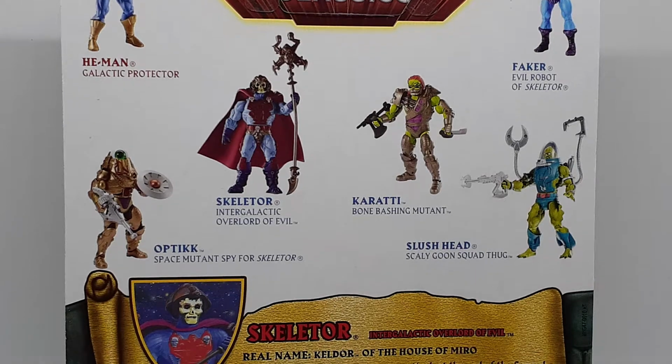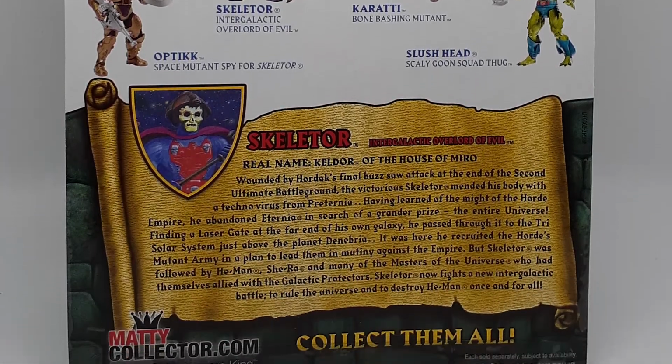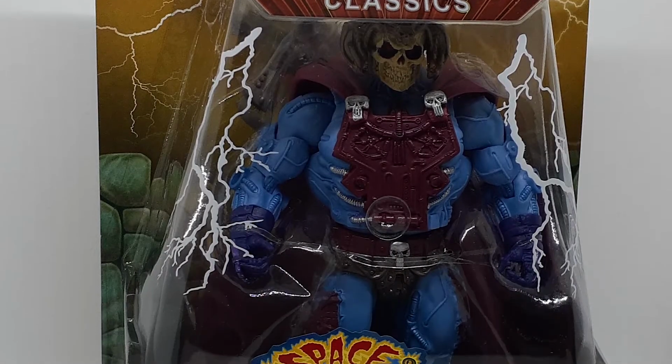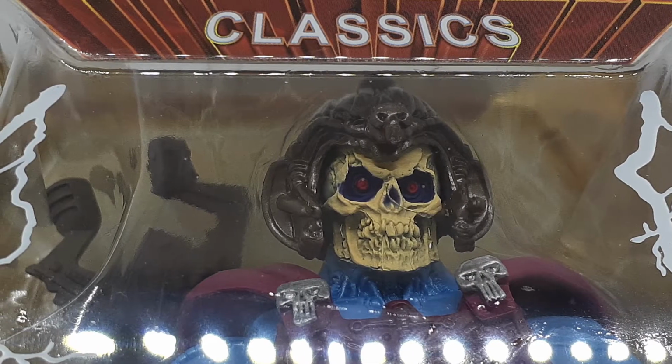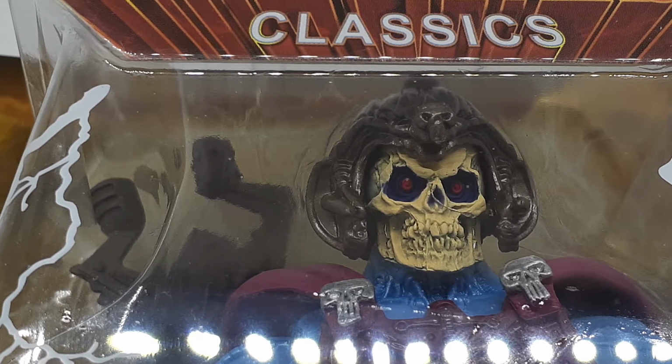Nice! This is the Space Mutants New Adventures Intergalactic Skeletor, Intergalactic Overlord of Evil. You can't get enough skeleton, man. Motu is just the best when it comes to these wacky character designs. So that is one of these brown mailer packages down. So now, I'm not sure. I could turn this over and look, but I'm not sure what this one is. I don't know that I ordered anything kind of medium size, so...